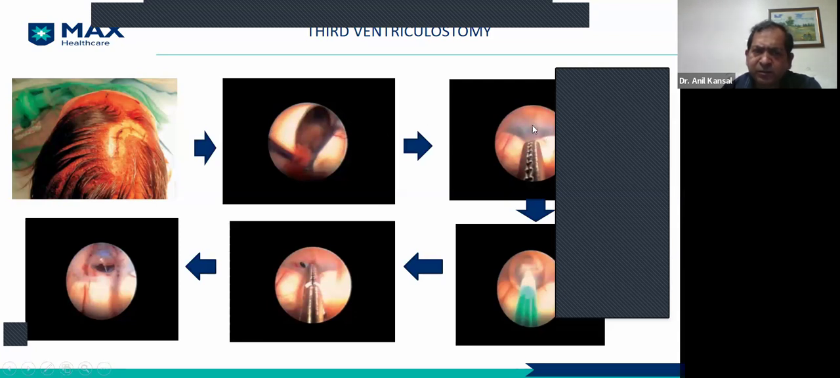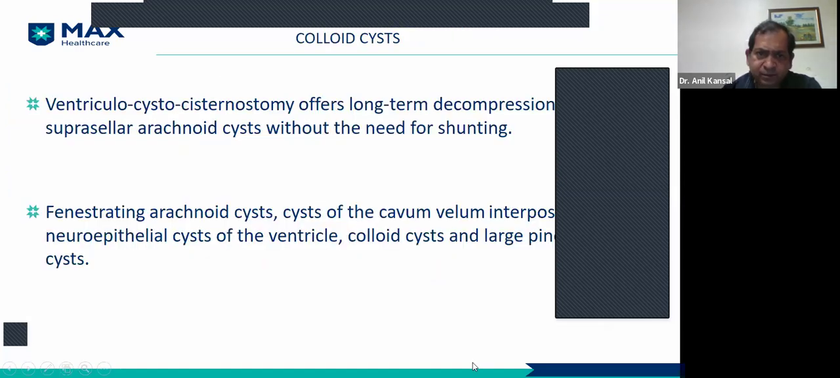This is the membrane which we make the small hole here, and this is the dilate. We can do this. Colloid cysts are small benign cystic tumors at the junction of the lateral ventricle